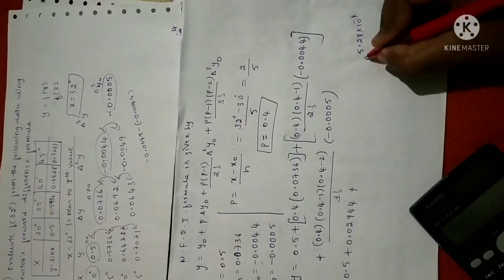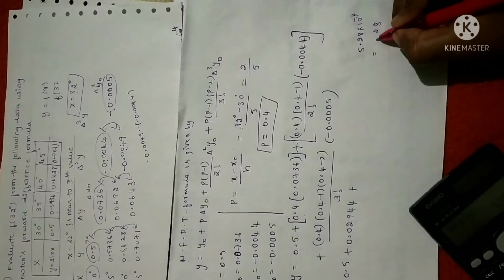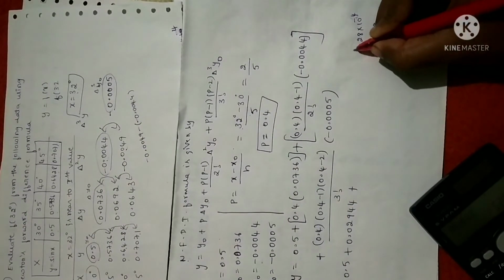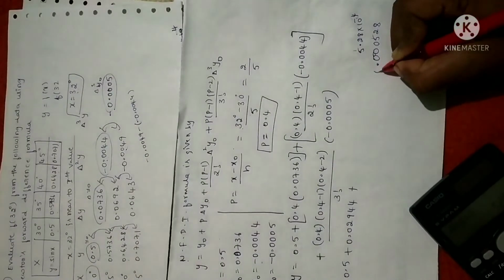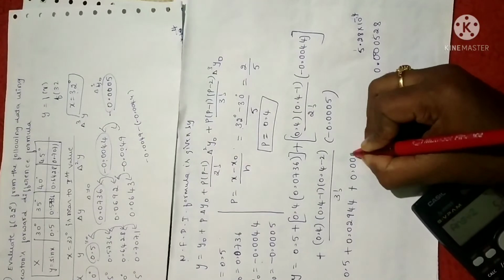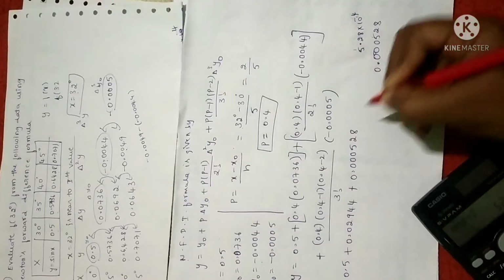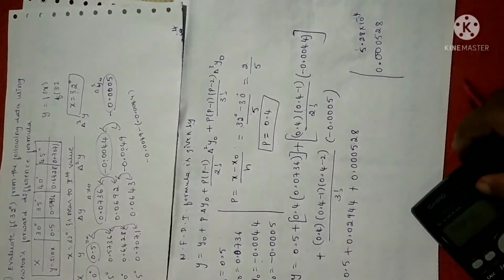So you have to shift this digit. First, you have to write these 2 digits as it is, that is 28 as it is. Next, you write 5. Since we are shifting 5, you have to count it as 1, 2, 3, 4. Put the point, 0. Fine. So I'll just write here 0.30528. This is for the third term.